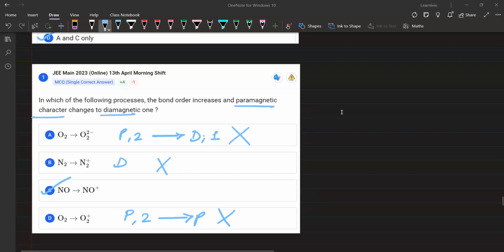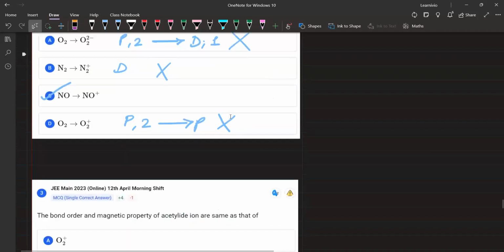ऑल्सो NO के बारे में हमने ये लिखा दिया, NO has similar arrangement as that of N2. So you will have the arrangement as that of N2, and then you will fill how many electrons? In NO you have nitrogen has 7 electrons, oxygen has 8 electrons. It will be 15 electrons that you have to fill. ठीक है, so it will be one more than N2, and N2 is diamagnetic. If you add one electron, it will become paramagnetic. ठीक है, then if you remove that electron from the anti-bonding, it will increase the bond order. चलिए,